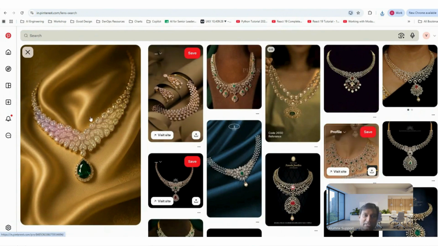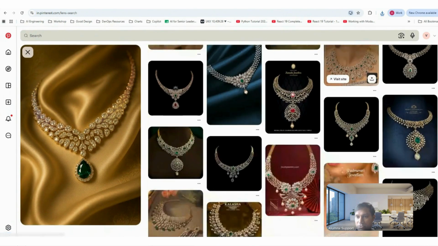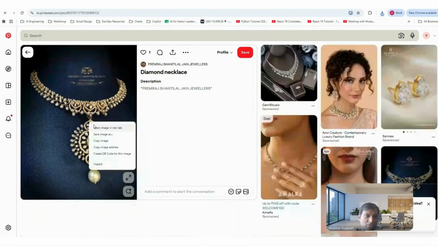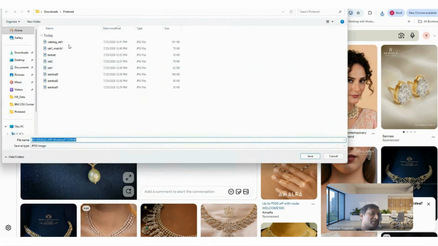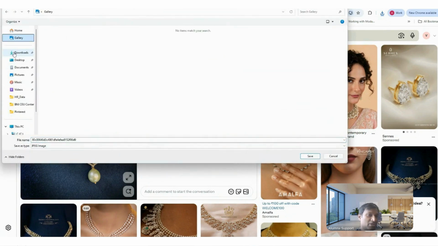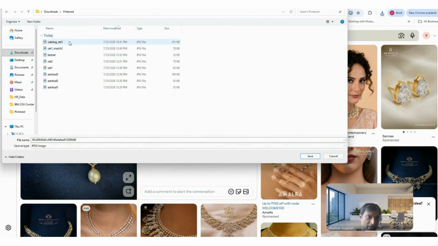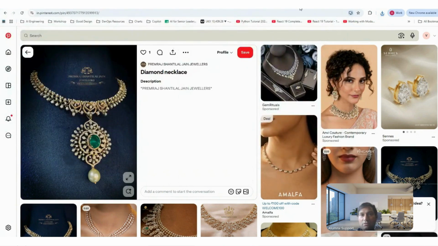Okay, so it gave the exact one, obviously. So let's pick up another one which is similar to that. Yeah, let's just pick up this one, right? So I just save this. So basically what we're saying is if the algorithm is right, what Pinterest is using and what we are using, it matches, right? So let's see if it works. So in Pinterest, I'll say catalog set one underscore match one. Okay. Yeah. So I'm now going to use it in our own application